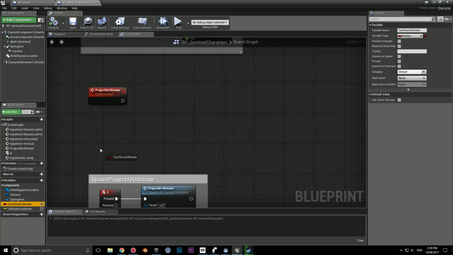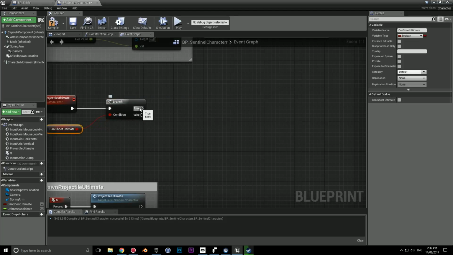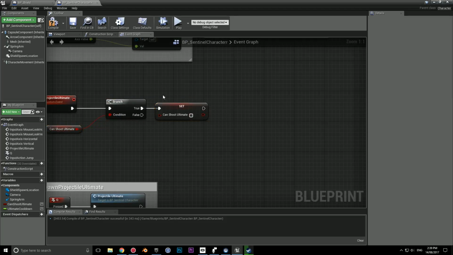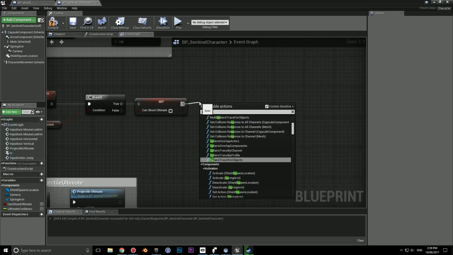So we can simply drag out and get this, create a branch, drag out here. If we can shoot the ultimate, we're going to set can shoot ultimate to false, so we can not spam the ultimates continuously. We're going to spawn